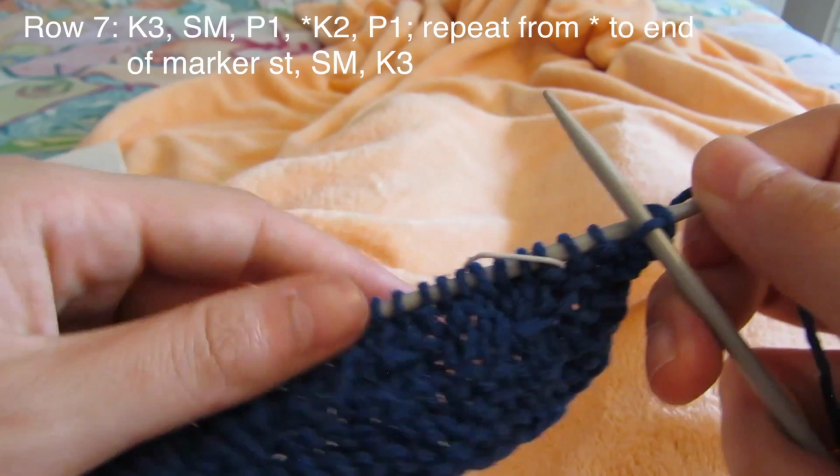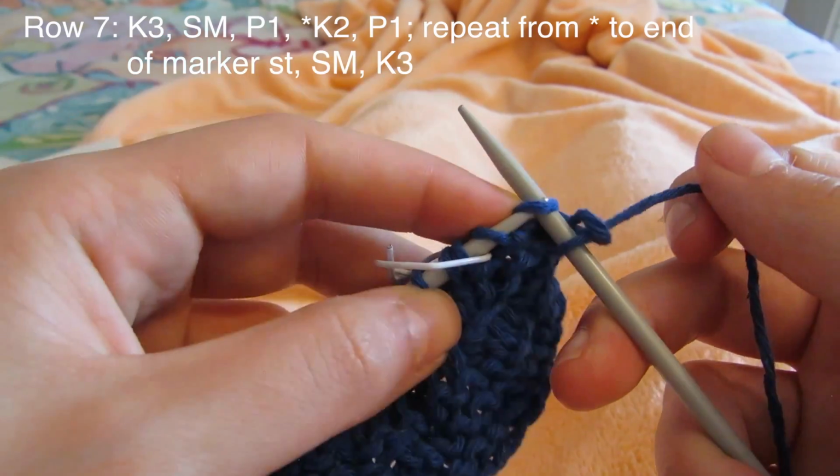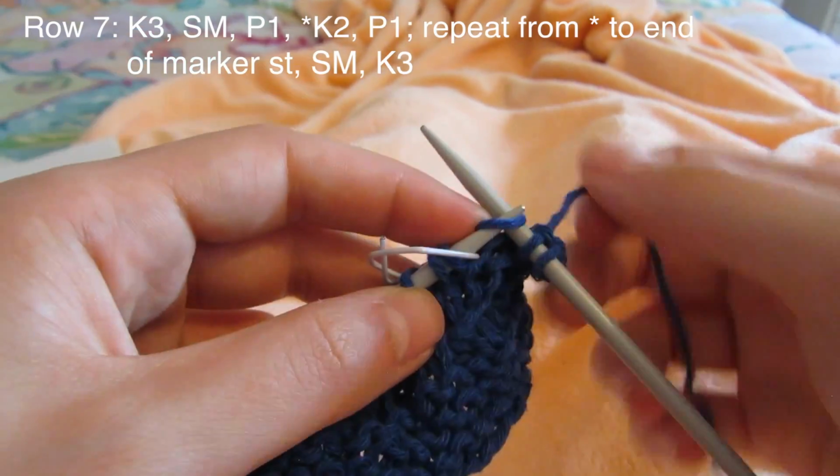Now for row 7, we're gonna knit the first 3 stitches